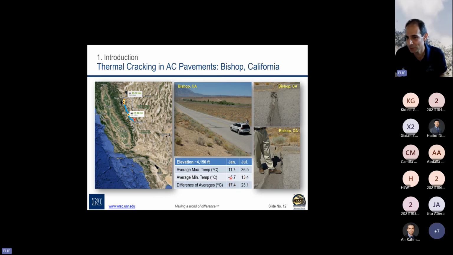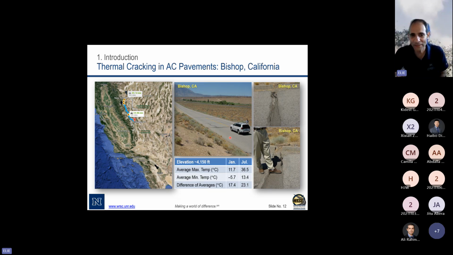And then again, we have sub-zero temperatures. So now we have more swings. And then also, this is an example. This is Professor Apps. If you know Dr. John Apps, that's him. He's a tall guy. Probably he's a size 11 for his feet. And look at those thermal cracks. They're bigger than his feet. Okay? Now, these two examples are just illustrating the effect of the difference in fluctuation, or range, of